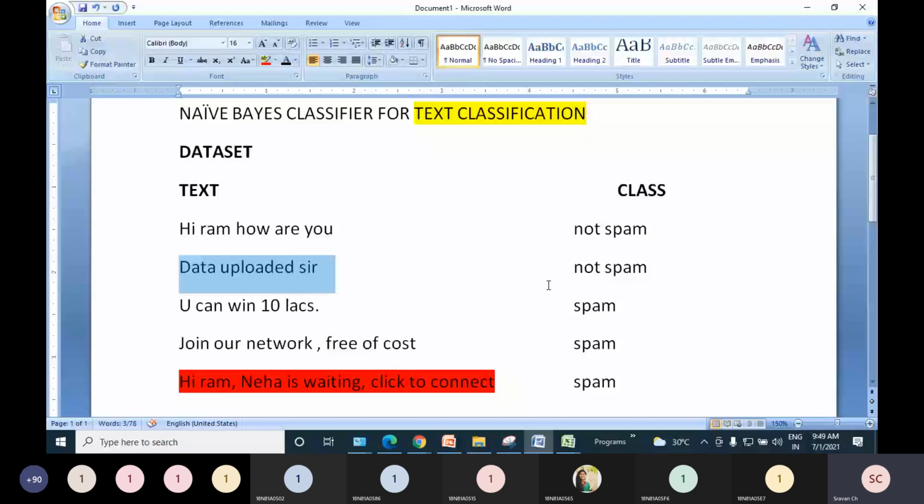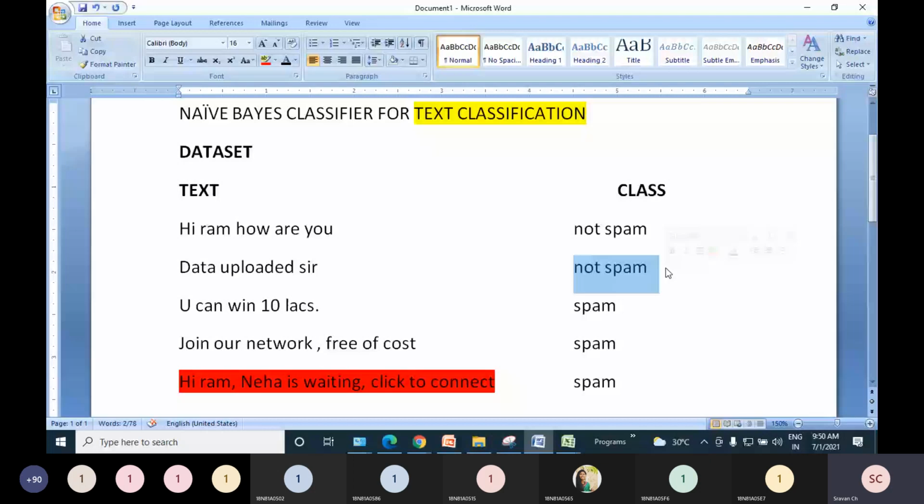You know very well that in decision trees, in candidate elimination, in Find-S, right from the beginning of concept learning and inductive learning, we are taking training data. Training data is the data for which we know the output class also. This training data we give to our machine learning model, whether it is constructed using decision tree, candidate elimination, naive Bayes or neural networks, all are machine learning models. So we train our model by giving the training data as input. So friends, I am giving some sample data to train my classifier.